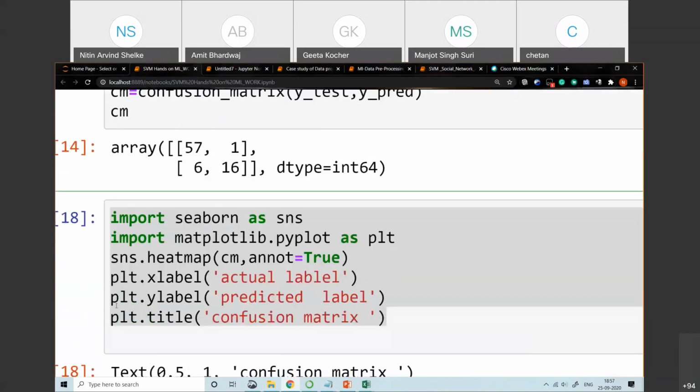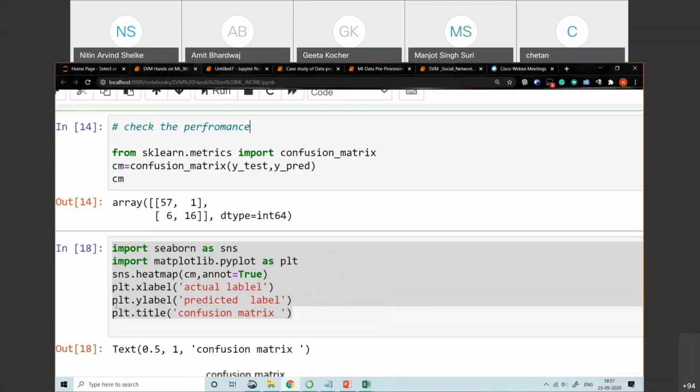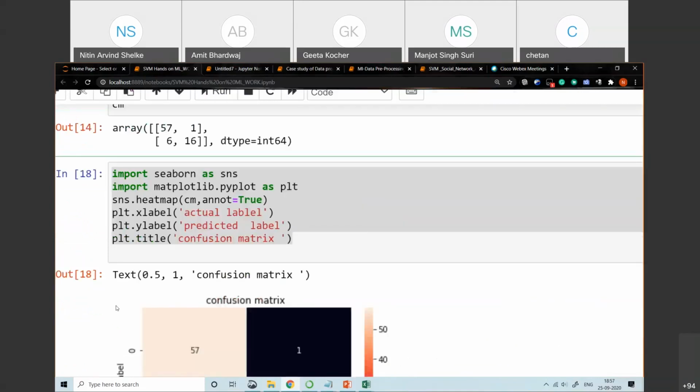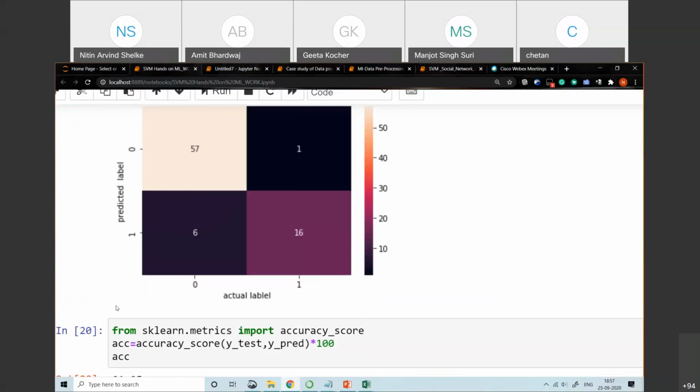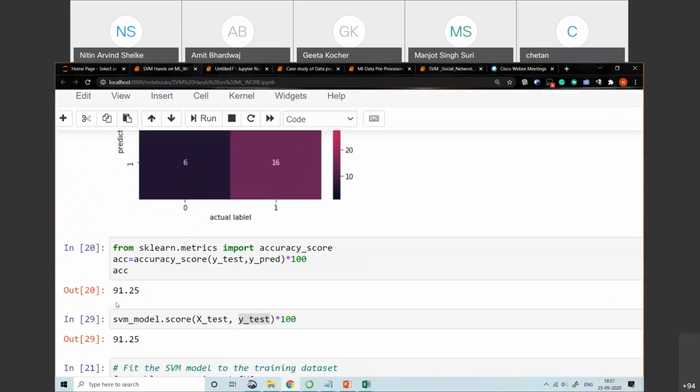You'll get the accuracy. Then we plot that matrix with the help of the heatmap that is present in the Seaborn library. After that, we have discussed one more parameter, that is accuracy_score, through which you get to know the accuracy of your model directly.